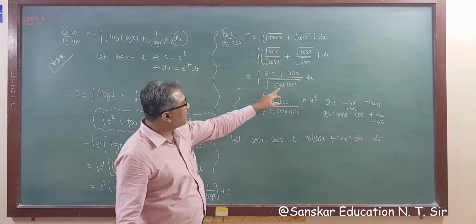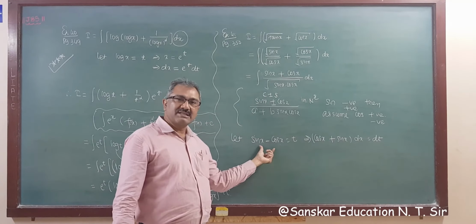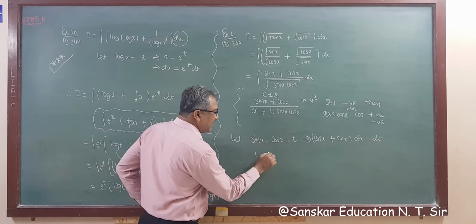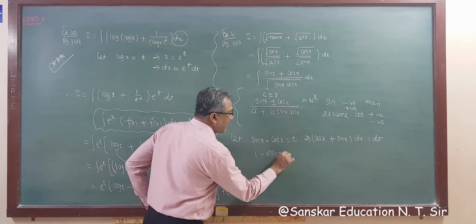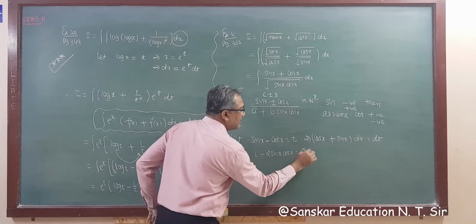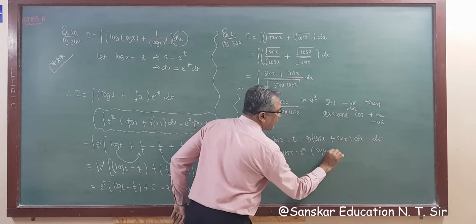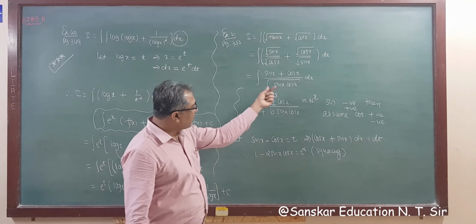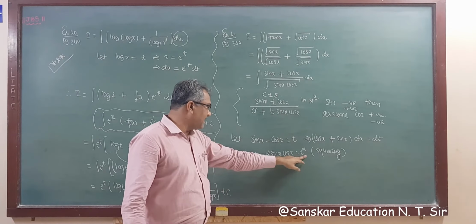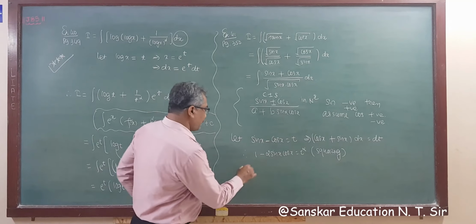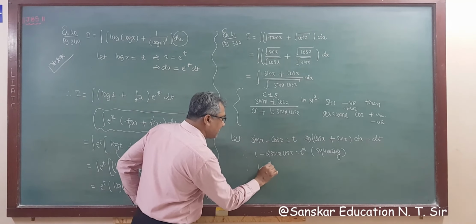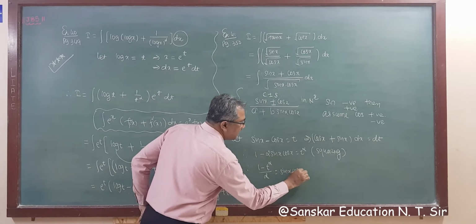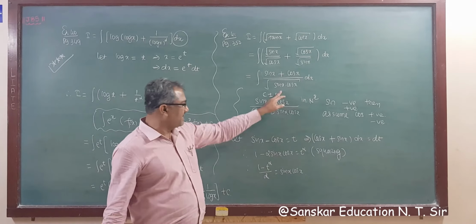So after simplifying this one step, this is your assumption. Now you have sin x into cos x, but here we assumed this. So squaring both sides, this is the procedure. Squaring both sides, what do we get? 1 minus 2 sin x cos x is t square. What did we do? Squaring, because sin square plus cos square is 1. Now we require only sin x cos x. So t square comes here, and this comes here. What we get is 1 minus t square upon 2 is sin x cos x.